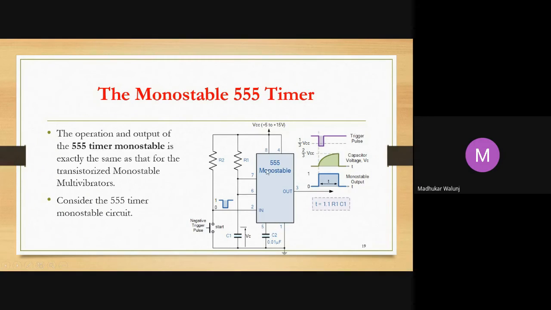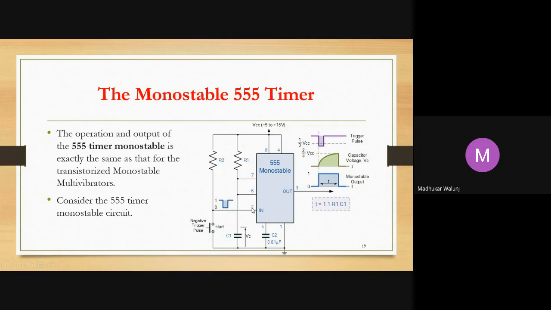So the circuit's working is very simple. I'm going to explain it in this particular diagram, and then we are going to see it step by step. How will it be done? It will be done by giving a pulse. The pulse is given to this negative trigger pulse switch. If we press it, what will happen? The negative pulse will go to pin number 2.